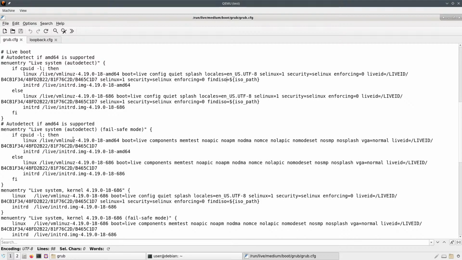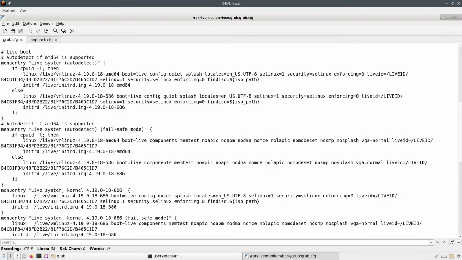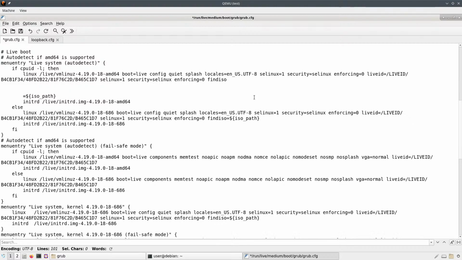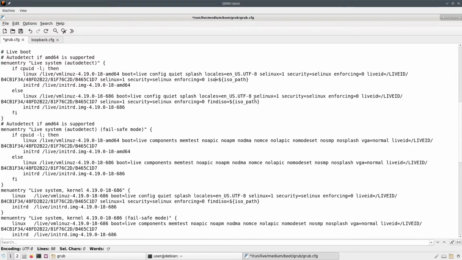Wait, isoboot, is it? Yeah, isoboot. So they should be adding isoboot here. So this should be isoboot, and this should be isoboot.